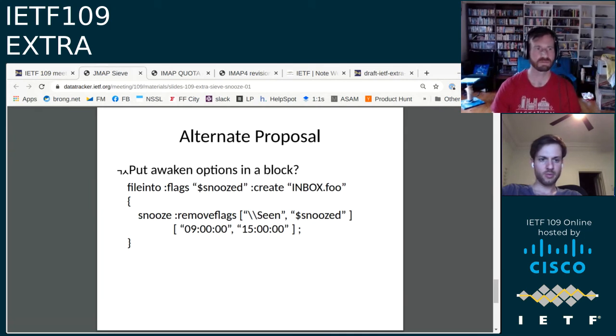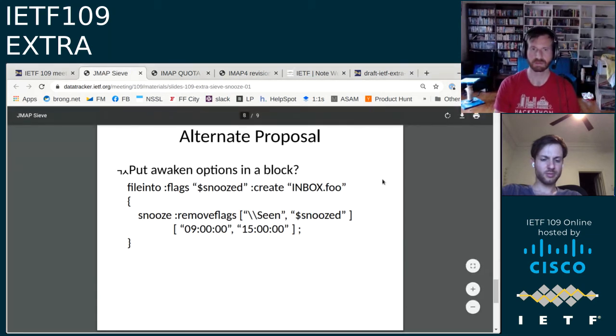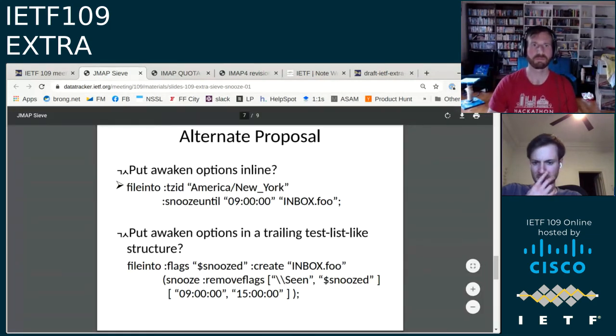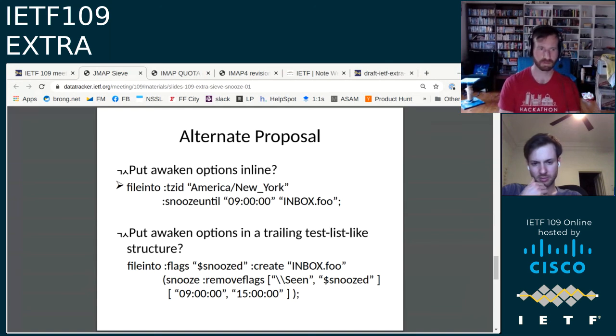As far as syntax is concerned, the one on the screen, I think it's very cute, but I'm concerned that it will break quite a few parsers. It might not be a bad thing, if your parser doesn't know about it, it doesn't matter. Yeah, that comes down to whether we want to make this its own action or roll it into keep and file into, right? I think that's the first decision, and then if we decide to go with keep and file into, we have to settle on the syntax.